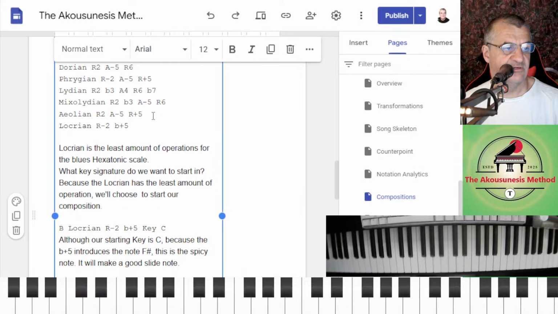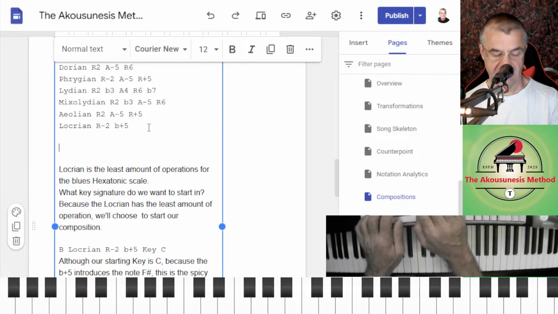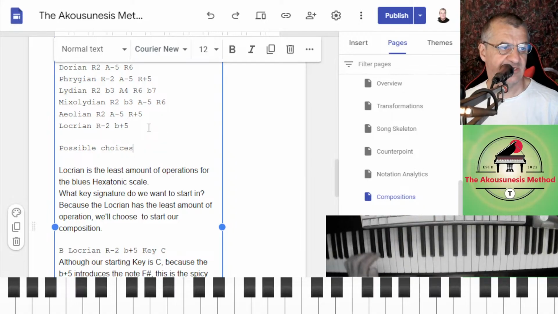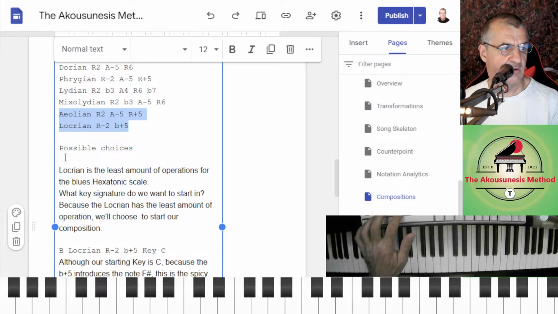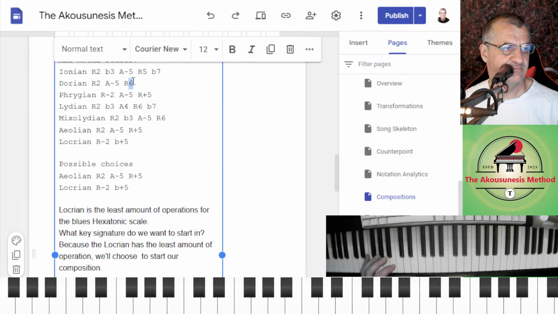All right, so Locrian, so choices. So I'll just put some choices we can do here. Possible choices. They're going to be these, right? And it's probably going to be a Dorian too. You're going to choose a Dorian.